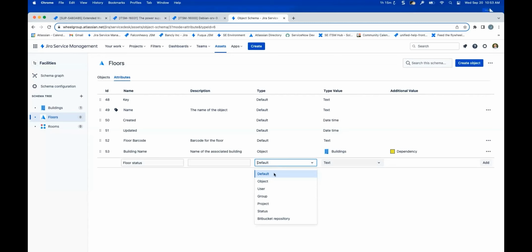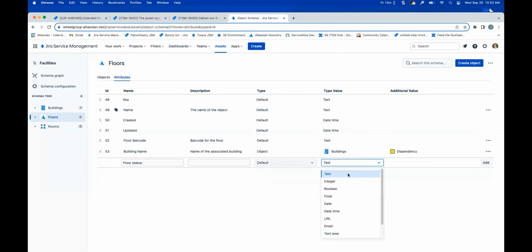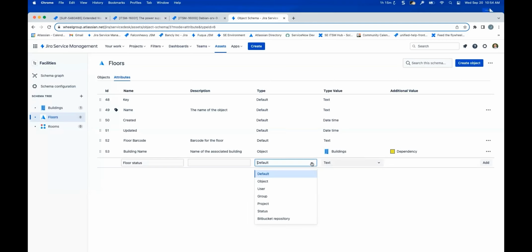We can have a default, and the default allows us to define it as text, integer, all of the standard types of data we would want to be able to define. A select value, IP addresses, a pretty robust set there. We also have the capability to have objects. An object type allows us to define a reference.